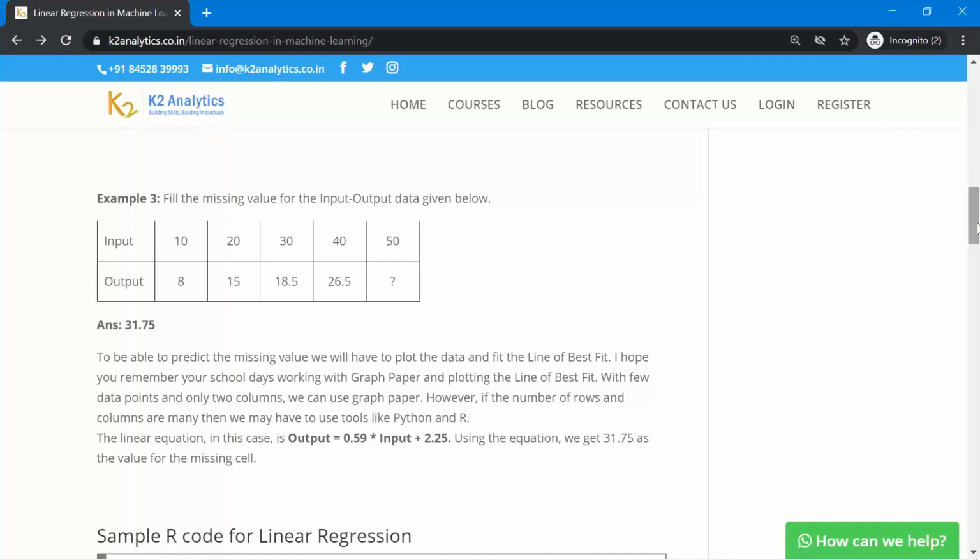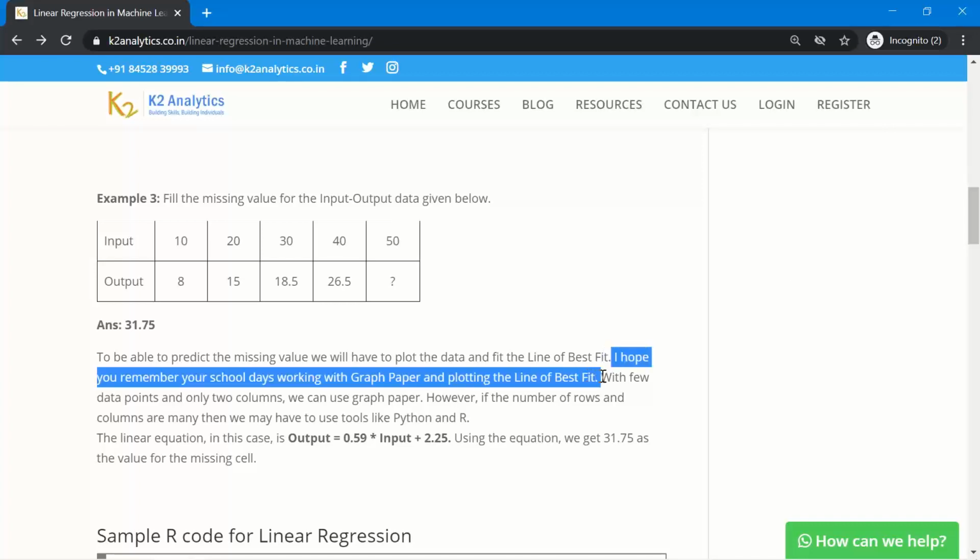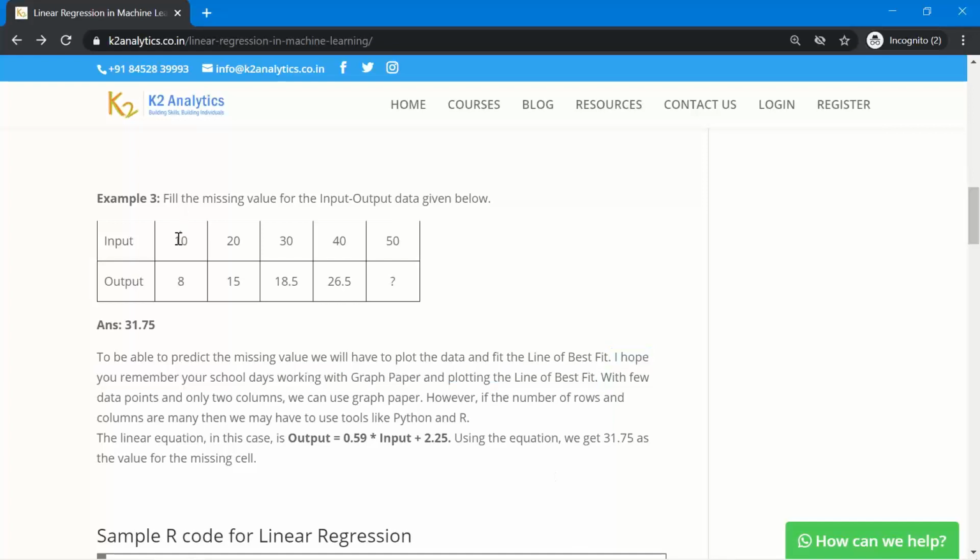Just to help you connect the dots, if you go back to your school days, you will remember working with graph paper. On a graph paper, on an XY axis, if this data had been given to you, you would have plotted 10, 8, 20, 15, 30, 18.5, 40, 26.5, 50, and that question mark.